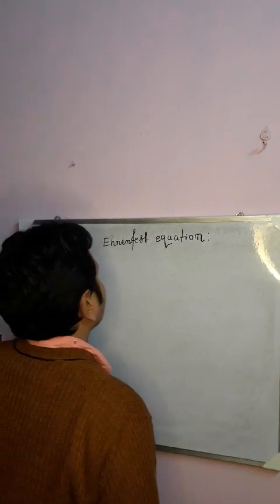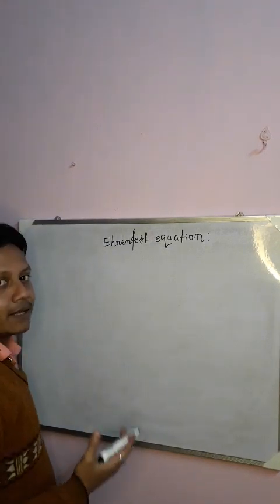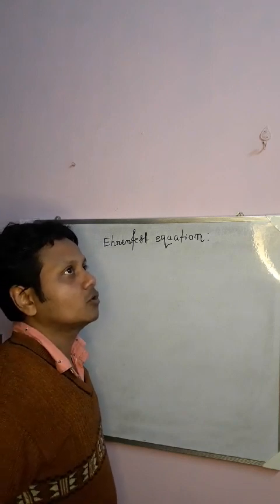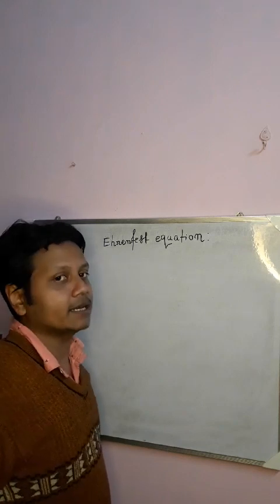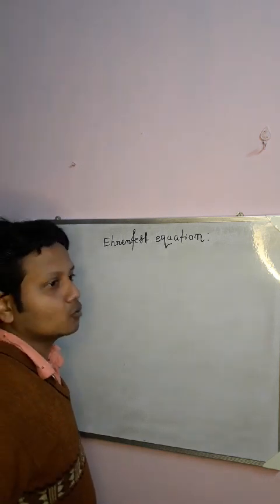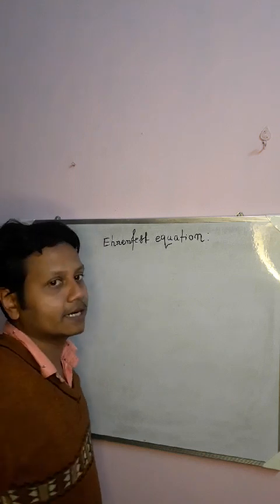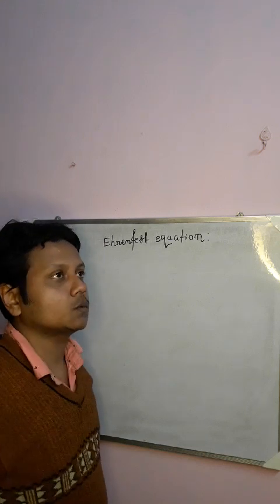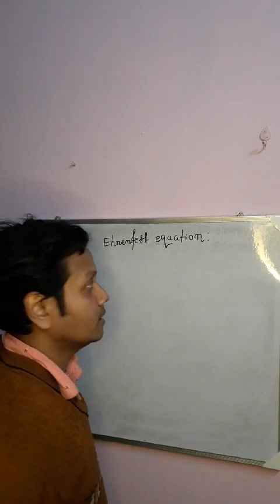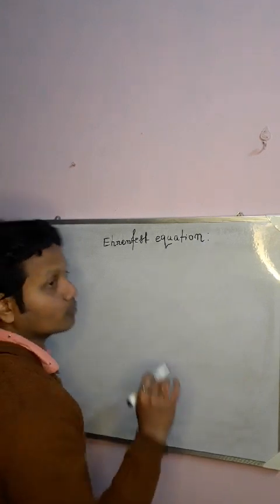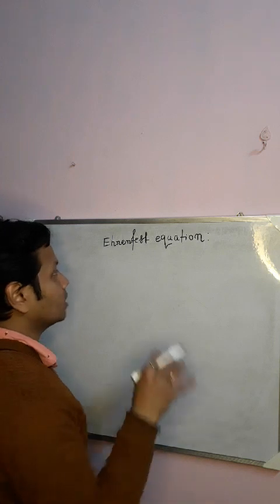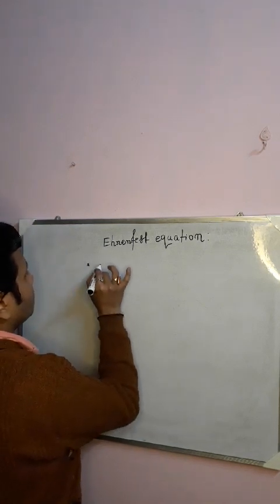So, this is an equation that involves second order phase transition, and we will also discuss this in the next chapter, that is the phase transition chapter. We will learn that there are two types of phase transitions, first order and second order. In first order phase transition, entropy and volume do not remain constant, but in second order phase transition, entropy and volume remain constant. So this we will learn in the next chapter, but today just remember that